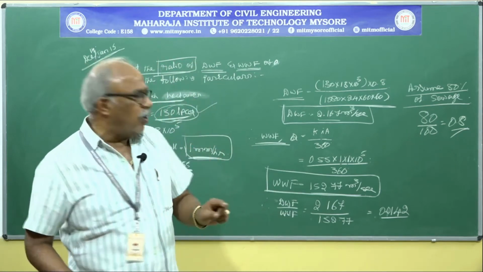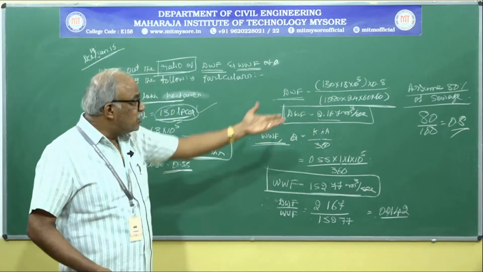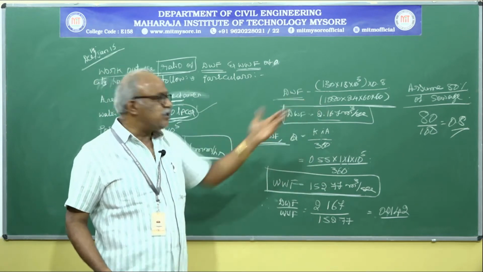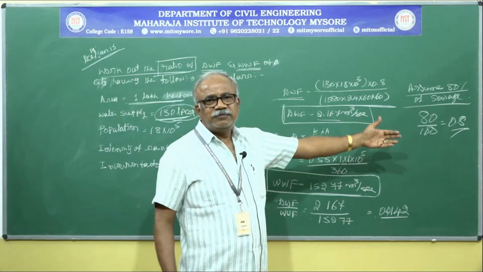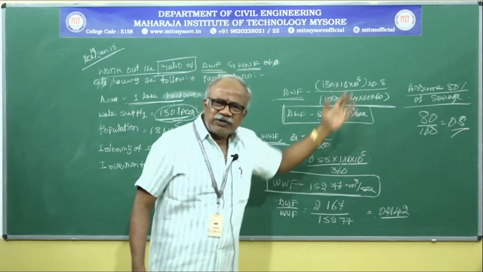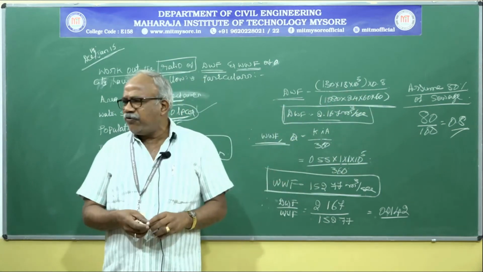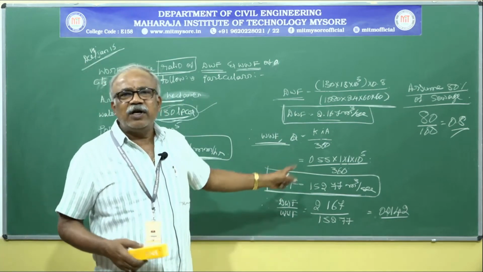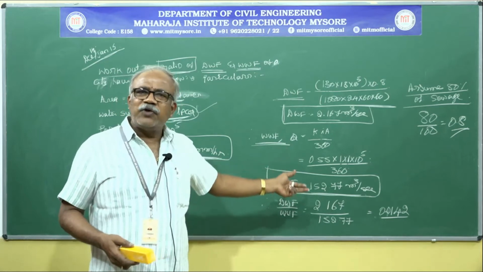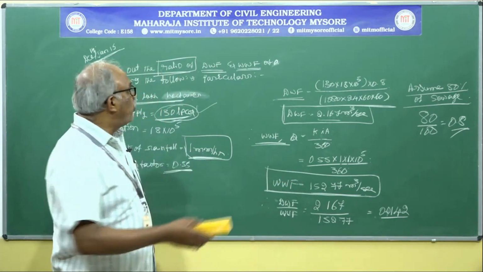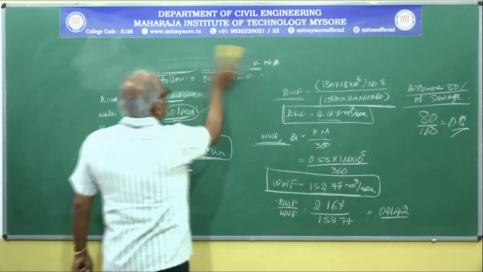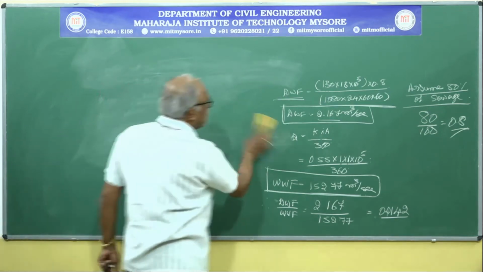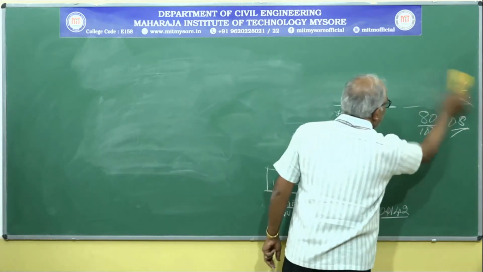Sometimes in some problems, instead of 80%, 60%, 70%, 90% is mentioned. So based on that we have to take it. Are you clear? These are very, very simple problems. It is very easy to analyze. Don't forget to study. I gave a number of problems in my notes, so go through my notes.